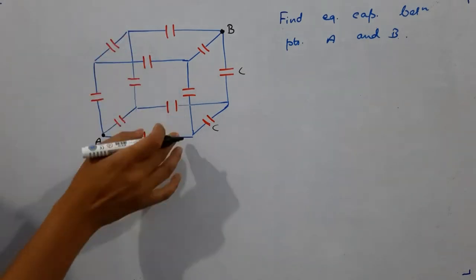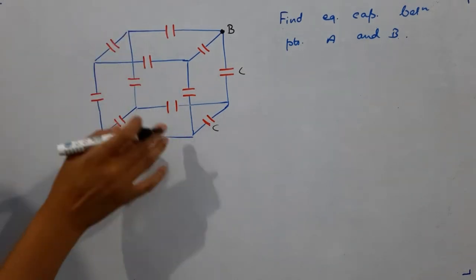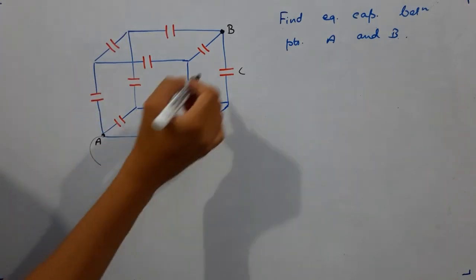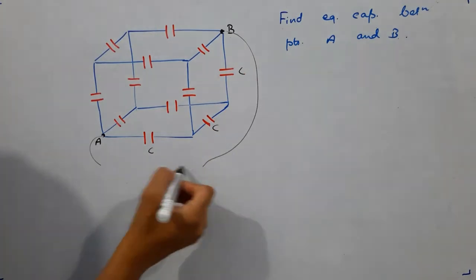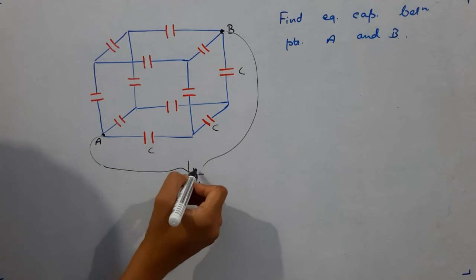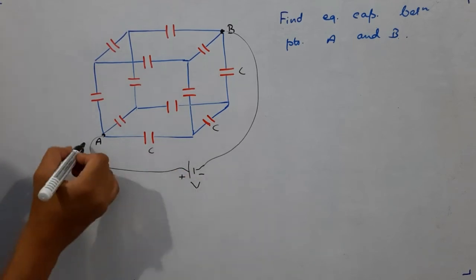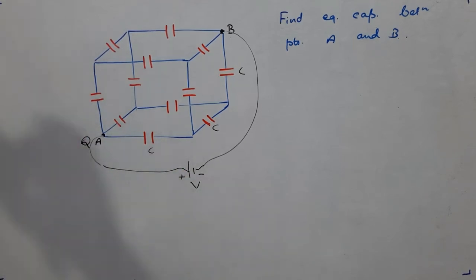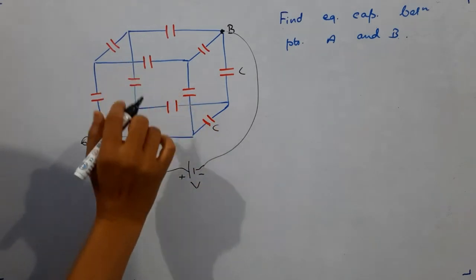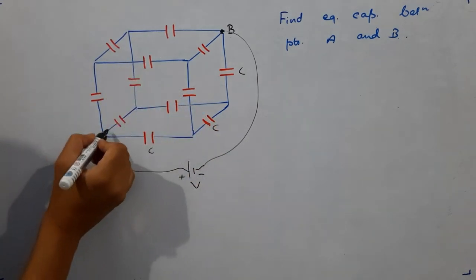Symmetry says between any pair of points joining the diagonal, the equivalent capacitance must be same. So our step will be same. Those 2 points between which you have to find the capacitance will connect an imaginary battery. Suppose it supplies some potential difference, it supplies some charge Q. Now we have to finish the charge distribution. How should we distribute the charge? It is clearly a case of symmetry. So this charge Q has to divide into 3 parts.